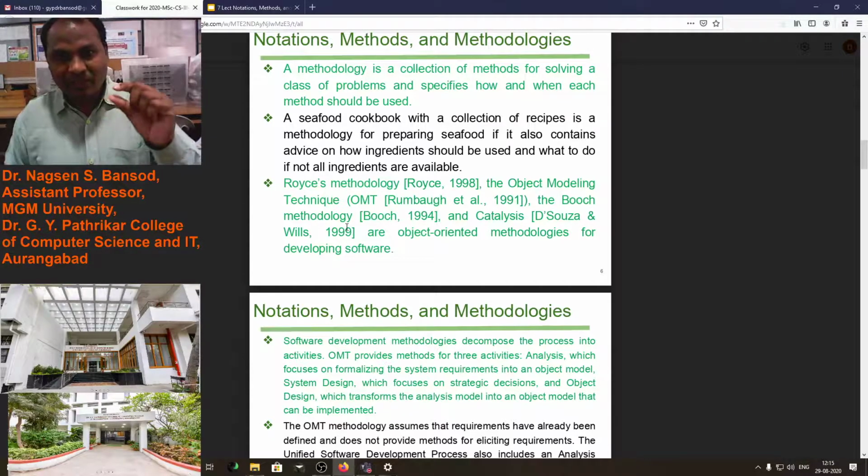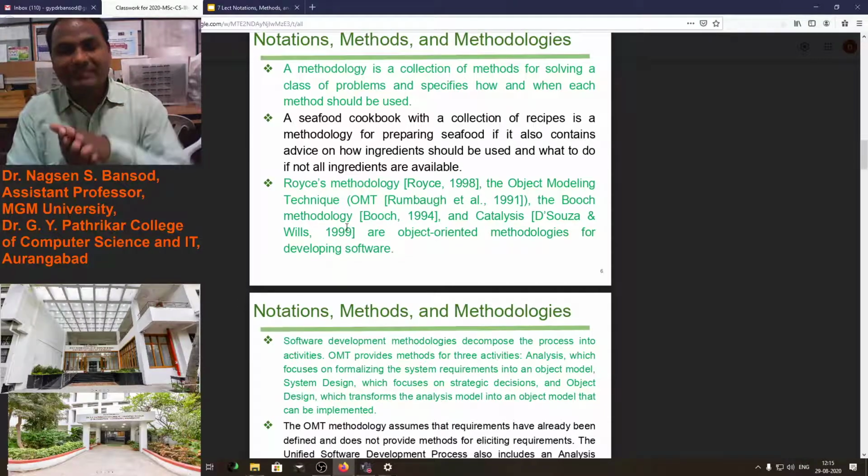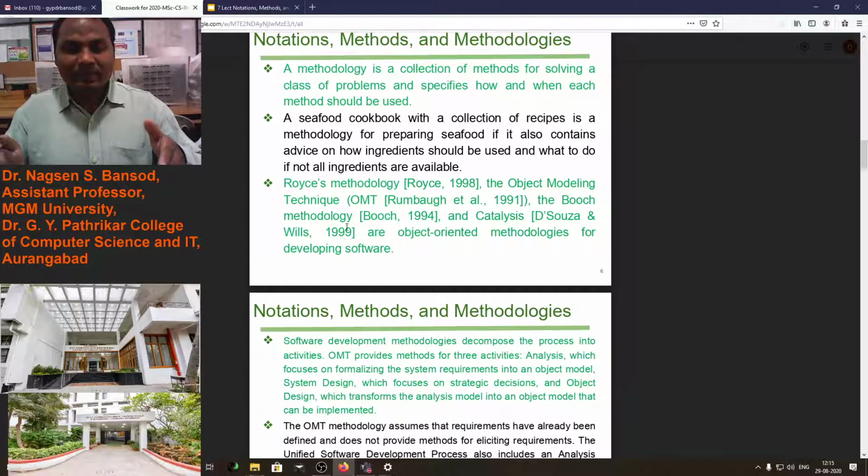You know, there is a book for making recipes at home. There may be various types of food recipes available in that book, and those all will be the methodologies, because multiple food recipes are given in that book. It means there is no single method to make seafood, because there are various seafoods available in the market.